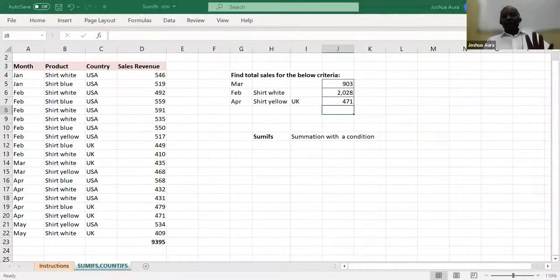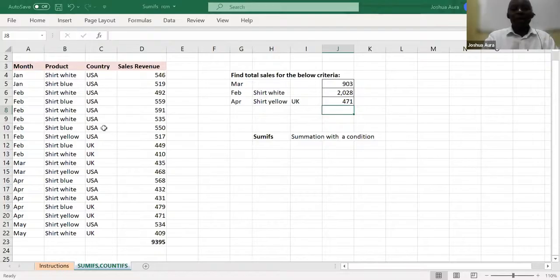Great. So here we are. So we have our SUMIFS. I'll only recap on this. Otherwise, the other areas, you will be able to find them on the videos that I'll send by the end of this session. So if, for example, you're given this data, so you have here month,